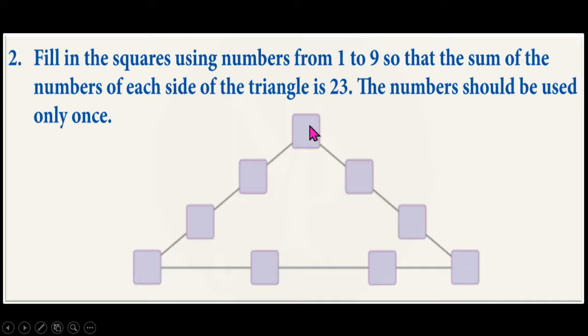In the picture figure given below, we can see some squares which are arranged in the form of a triangle. What we should do here is we should write a number in each of these squares and the number should be from 1 to 9, and the other condition is if you add these numbers along the sides of this